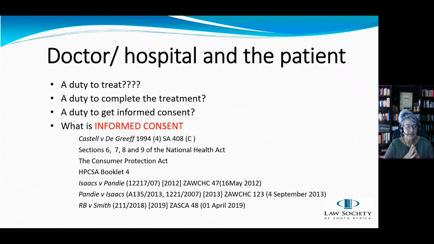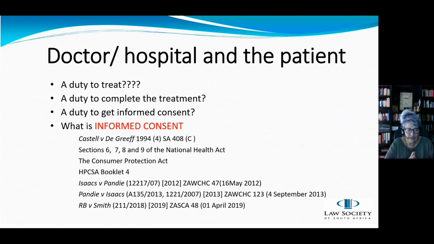So just to recap, when something went wrong, and the person wants to start litigation because of alleged medical negligence, then the lawyer has a choice to sue on the basis of a contract, but then you can just claim actual damages, or you can sue on the basis of a delict. Then you will claim actual damages, future damages, and pain and suffering. Or you can